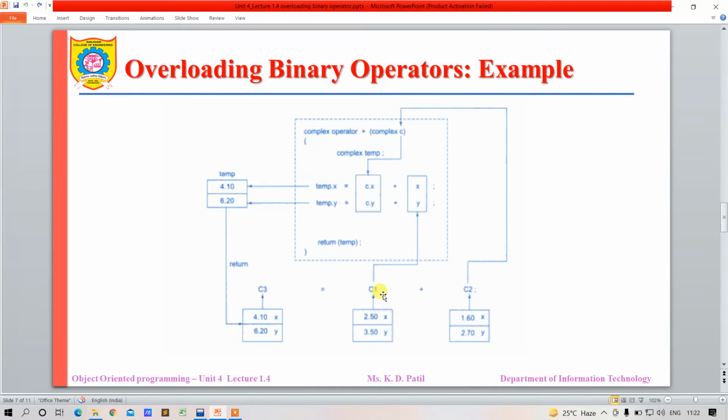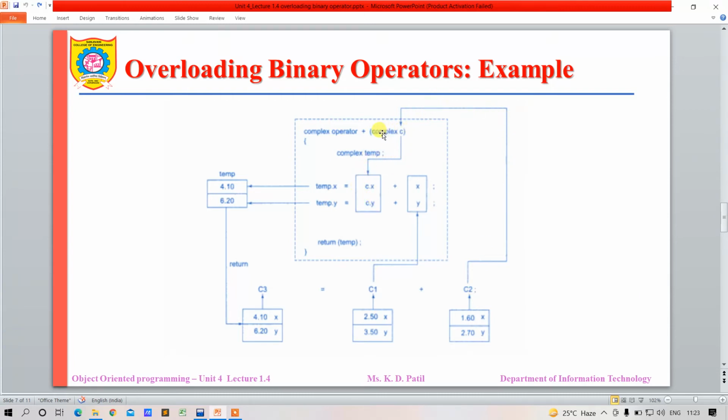So if you observe, this C1 will have the imaginary part and the real part, but it will not take any parameter. It will not take the help of any parameter to take the value from the user. These values of the real part and the imaginary part of C1, which help us to activate the operator function, will be implicitly sent to the operator function. But if you observe the second value, that is C2, the second complex number, the real part and the imaginary part of C2 will be passed as a parameter to the operator function.